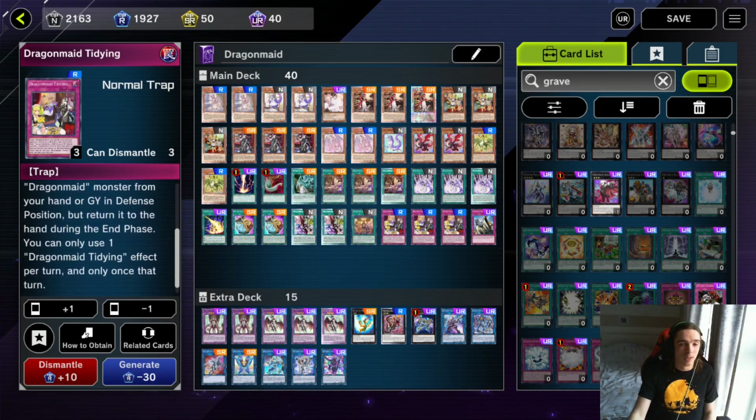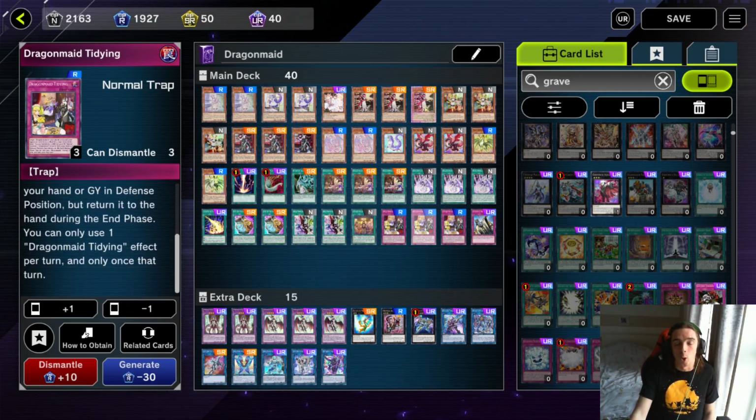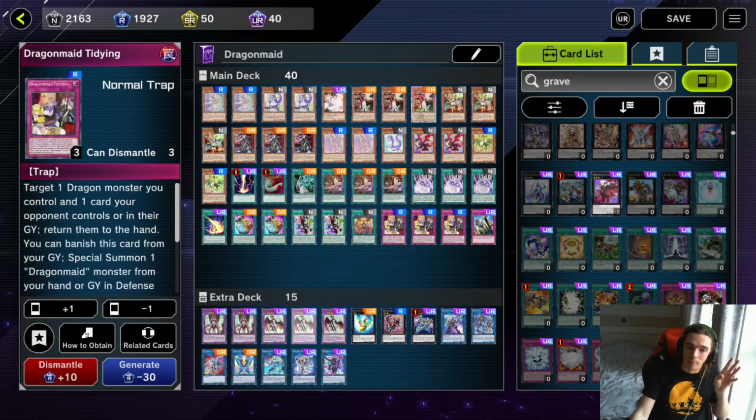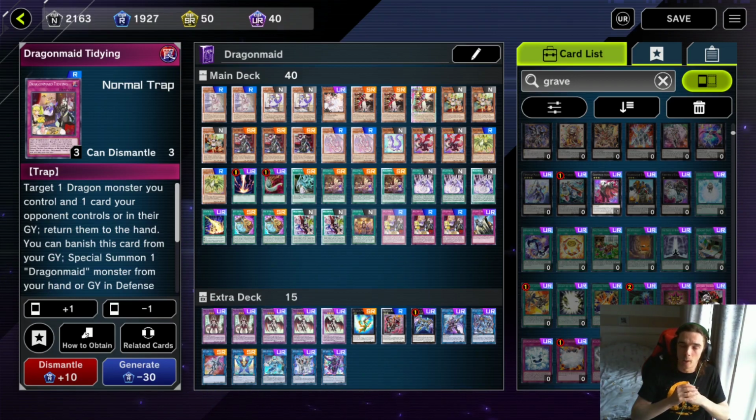However, even if you've got a couple of these in your hand, still set both of them, because you can then use 1 in your opponent's turn and 1 in your own turn if you really wanted to. So yes, I think it's a really, really key card, like Dragonmaid Changeover, maybe slightly less than Dragonmaid Changeover because of fusing the big beasties, which we'll go through soon. But that bouncing effect is super good, waiting for your opponent to go into Link Summoning or Exceed, Synchro Summoning. And I used this literally yesterday on stream, which was with this big hype in Synchro